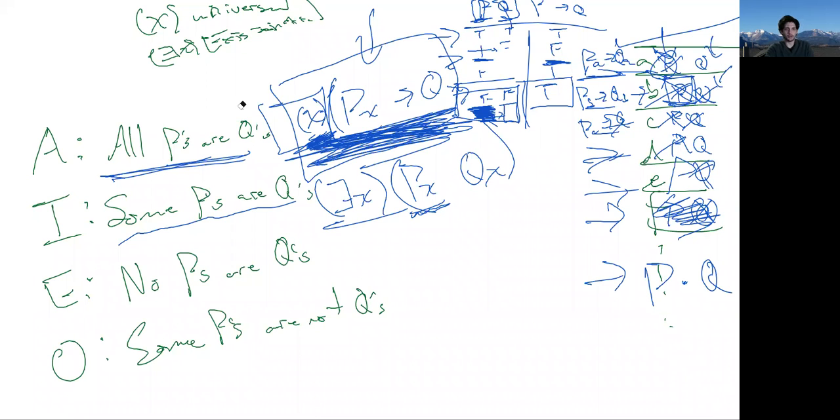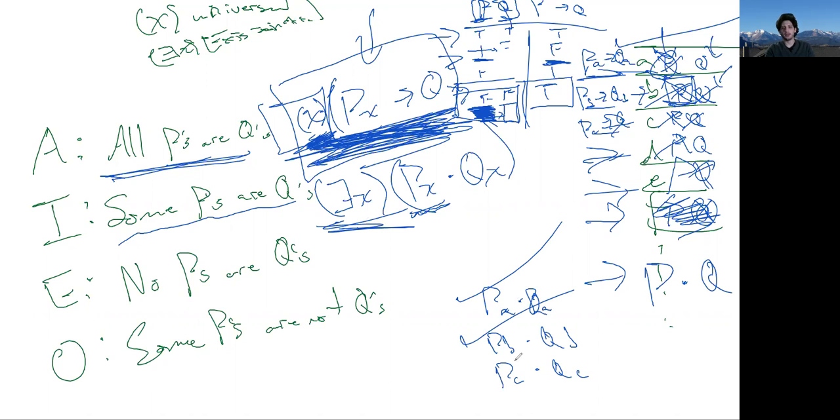We just want to go down the list and check PA and QA first, then we'll check PB and QB next, and then we'll check PC and QC. And as soon as one of these guys gives me the check mark, right, it's an existential, I just need one, then I know, okay, I've got a brown dog. Some dogs are brown. Cool. Okay, so that's the I statement.